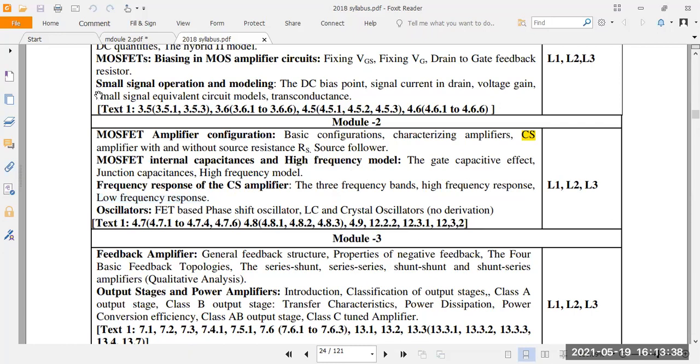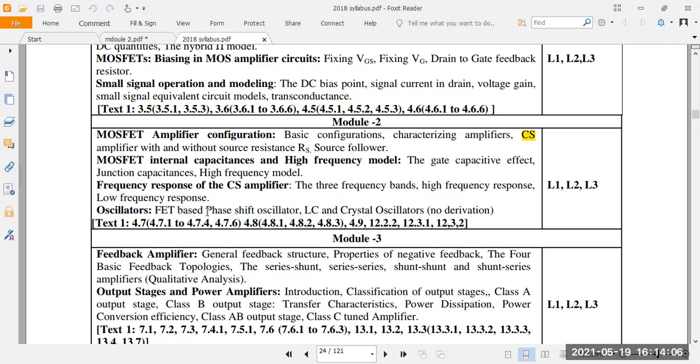Next, you take the last part in module number 2, that is the oscillator. This is a very important topic because in the laboratory experiment, you will get a large number of oscillator circuits. Understood? In oscillators, there are actually so many types, but in your syllabus they have given 3 oscillators.